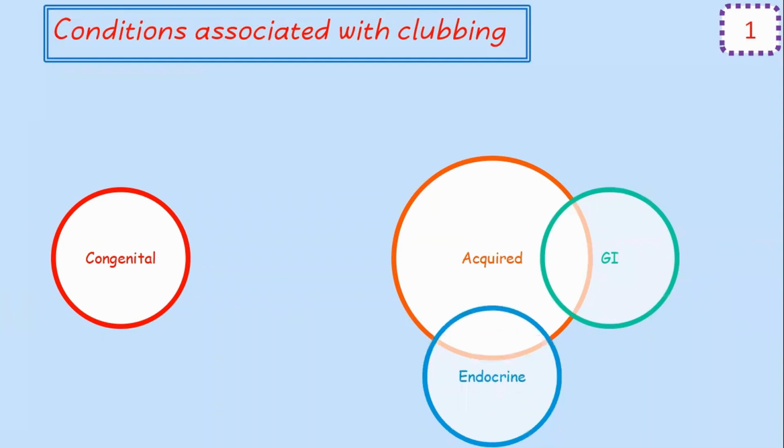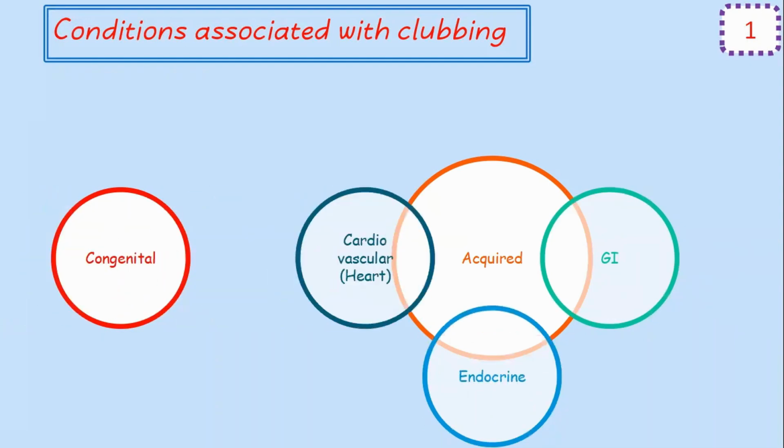We could categorize the conditions into two broad headings. The first one being congenital causes and the second one being acquired causes. And since acquired causes consist of a variety of different causes, it can further be grouped into four categories. The first one being GI causes, the second one endocrinal causes, then comes the cardiovascular or heart related causes, and